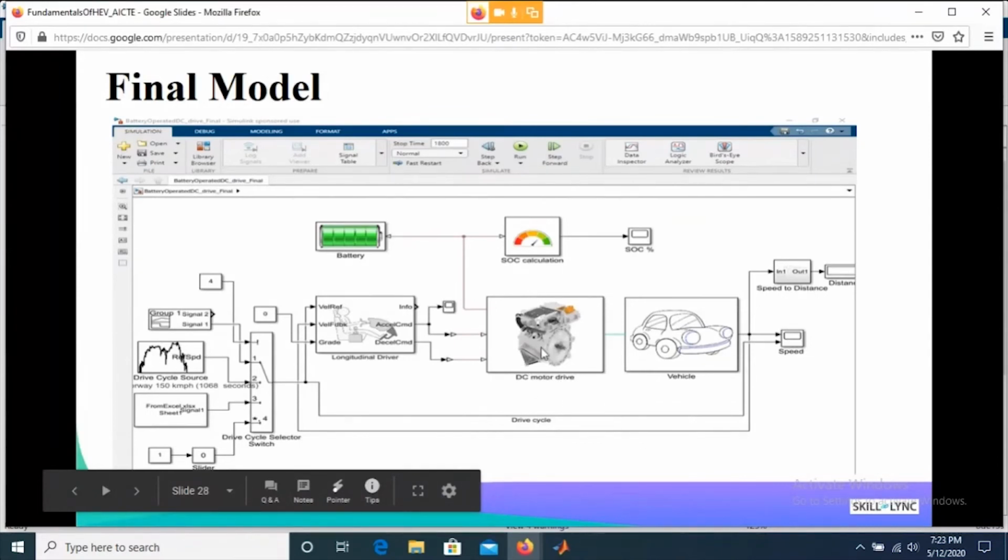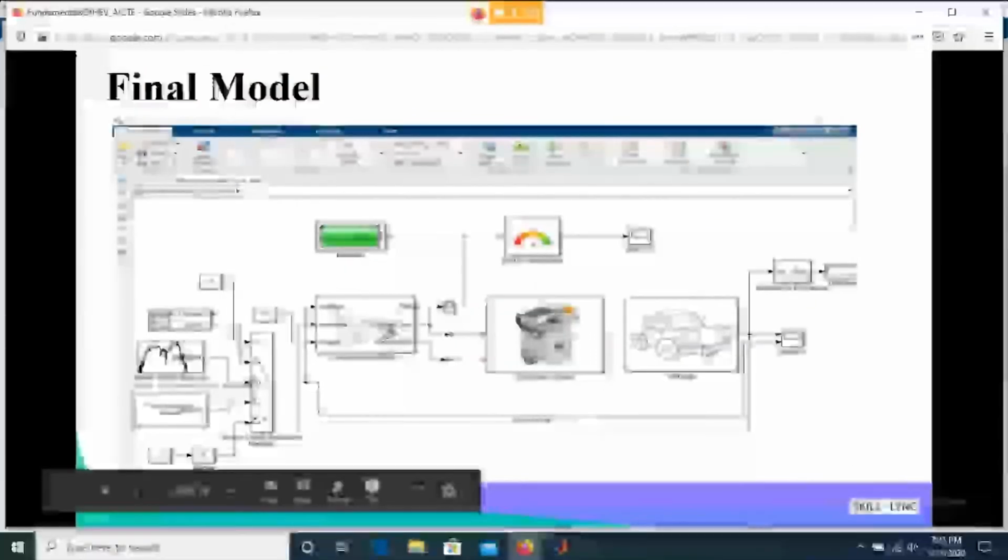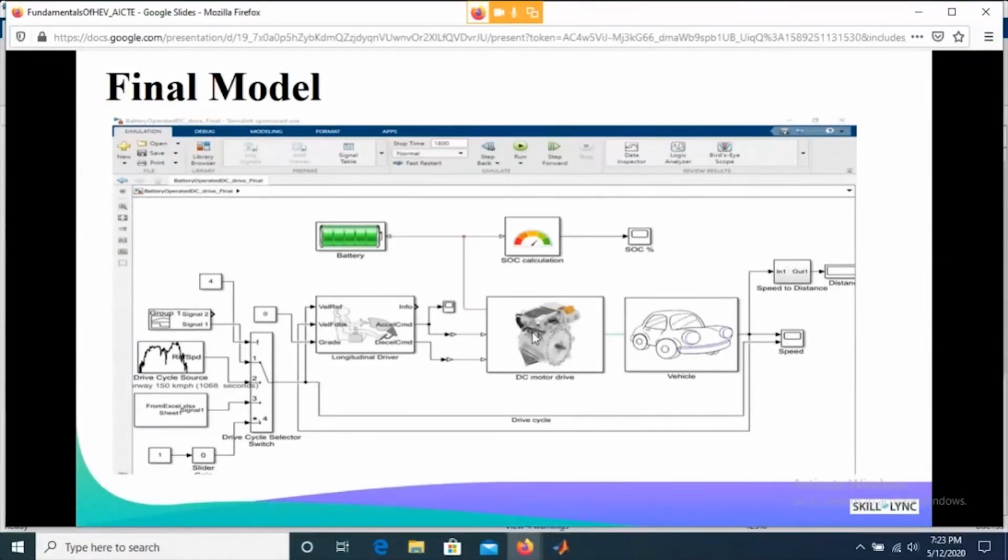Now these driver commands are actual signals, and they are converted through physical signal to Simulink signals, and electrical signals will be converted inside of this. Here I have kept a battery subsystem. So this is my vehicle subsystem. This is a motor drive subsystem, including the motor and the power converter. Here is a photograph of the motor. On the same, here is a power converter, right? Then I have a pictorial representation of the battery, and there is a state of charge calculation, and state of charge will be displayed over here, right?